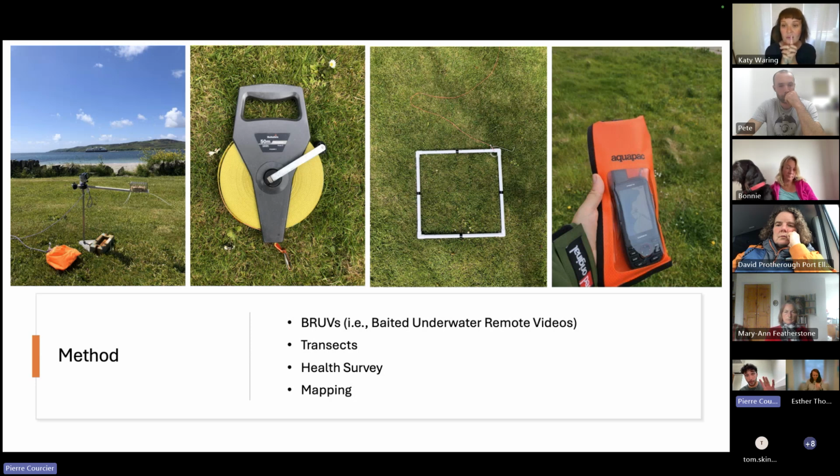So we did both of those last week. We also did some health surveys with the little square thing that you see there. So it's a quadrat. And same thing. So the idea was to lay